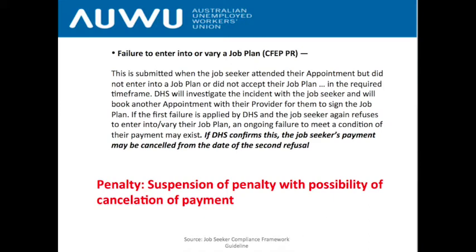This penalty about refusing to enter into a job plan is one of the most important because, as we discussed in part 2 and 3, the job plan is really the central battleground between the job agency and the unemployed worker. It's where the terms are set about what the mutual obligation requirements of an unemployed worker is, and it's the belief of the Unemployed Workers Union that the vast majority of job plans are unfair, and they're basically making unemployed workers think that they have more requirements to do than they actually should have.